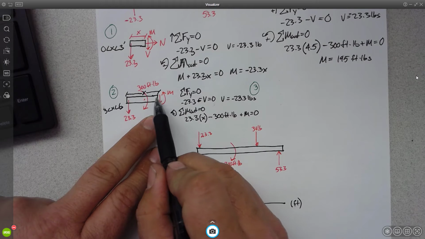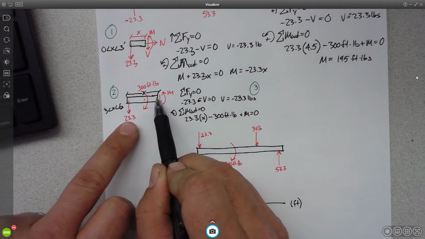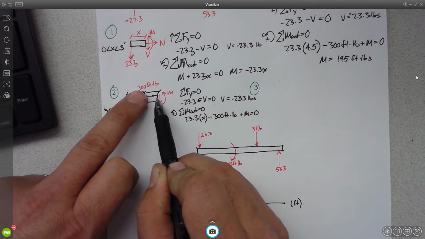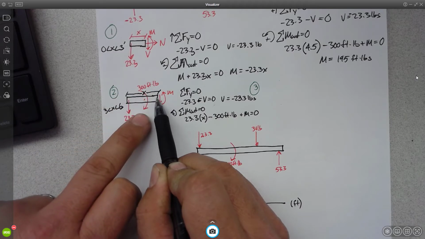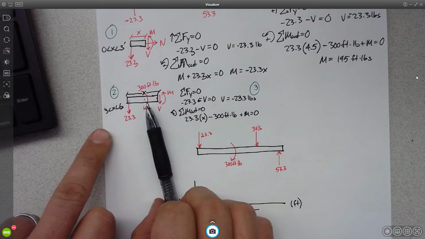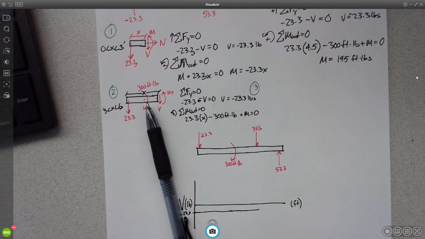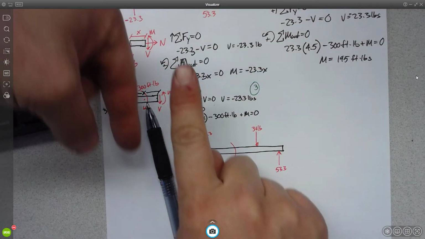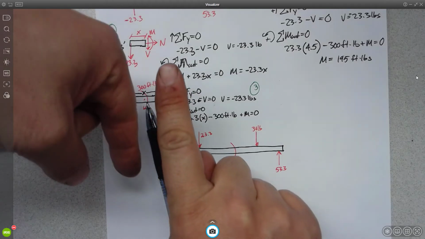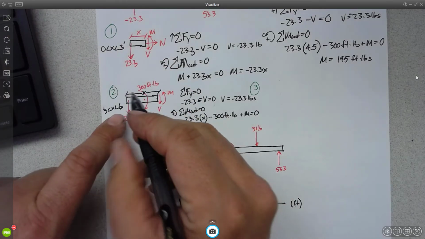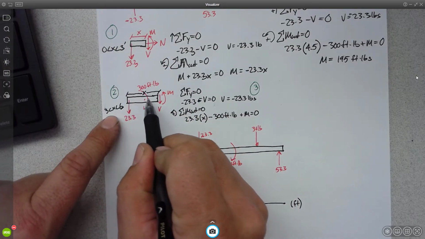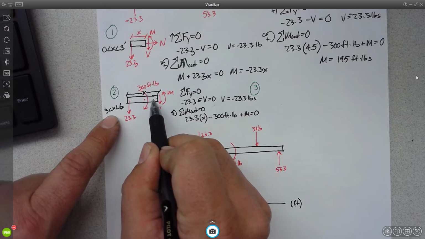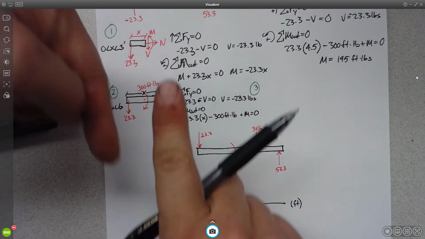Right? Because I'm looking here, I sum the moments about the cut. I have 23.3 times x. I have 300 foot-pounds. Why don't I have to use the lever arm with my 300 foot-pounds? It's already a moment, okay. It's a couple moment, right? So a couple moment says that there are two forces separated by some distance that are equal and opposite. So it wouldn't matter whether those two forces are here or there or here or there or there, right? It doesn't, because they already have,